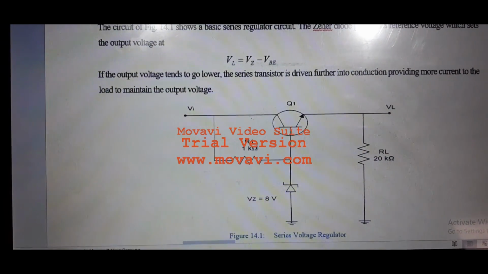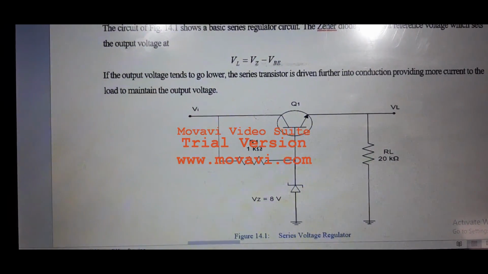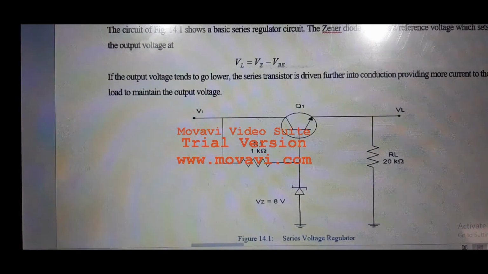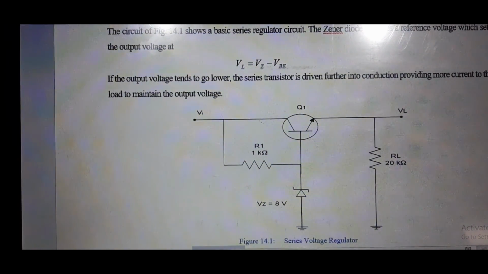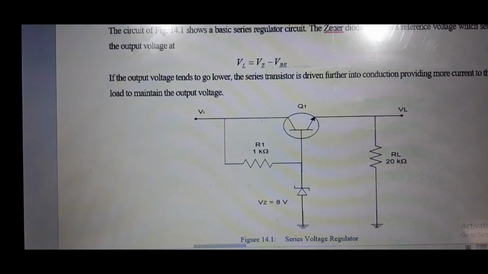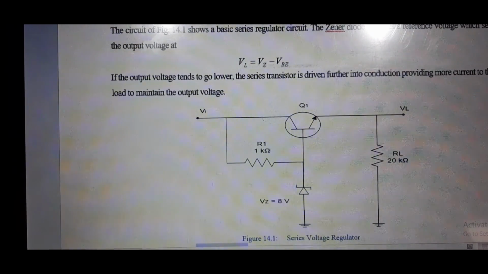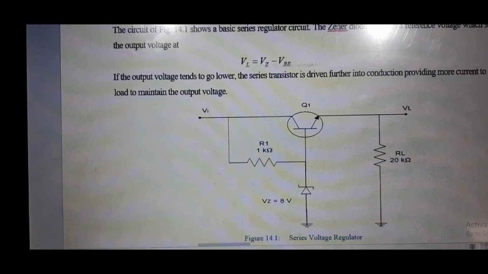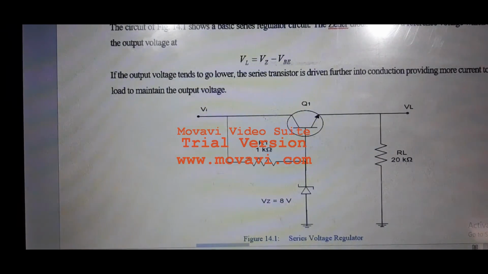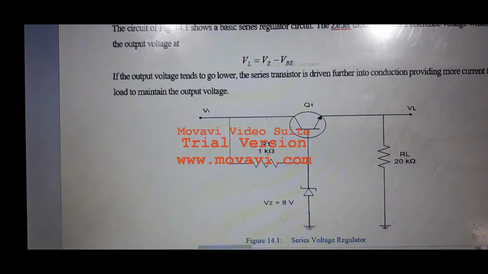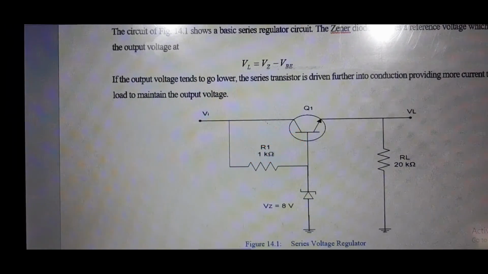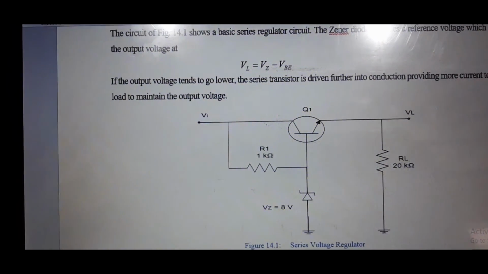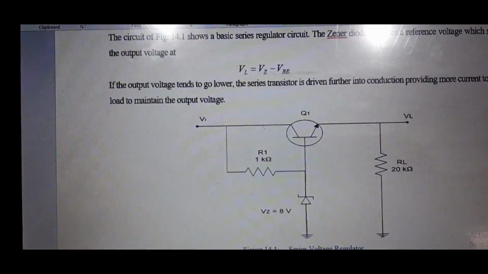will be described by its regulation operation. If the output voltage decreases, the increase in the base emitter voltage causes the transistor Q1 to conduct more, thereby raising the output voltage, thus maintaining the output voltage. Similarly, if the output voltage increases, the base emitter voltage decreases, causing the transistor Q1 to conduct less, thereby reducing the output voltage, thus maintaining the output voltage.